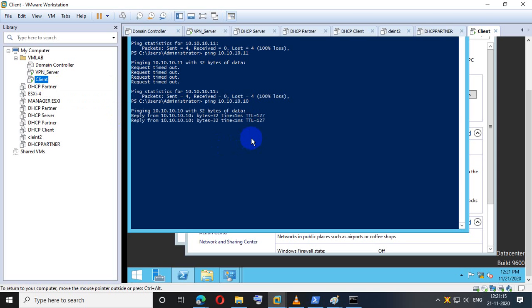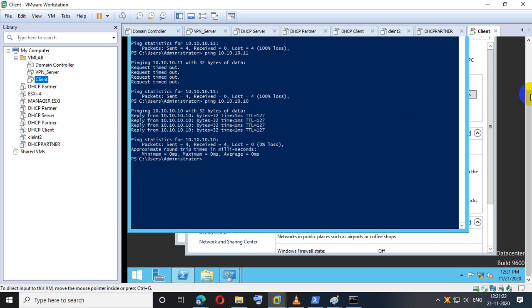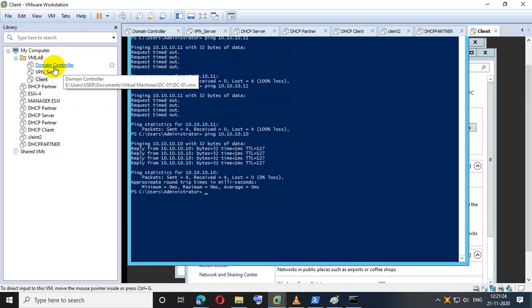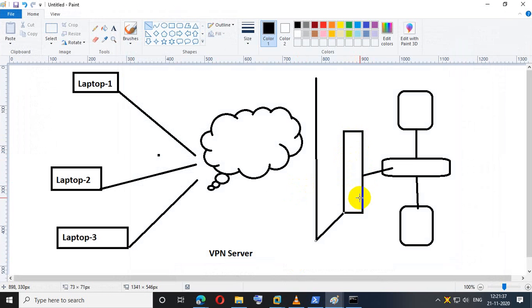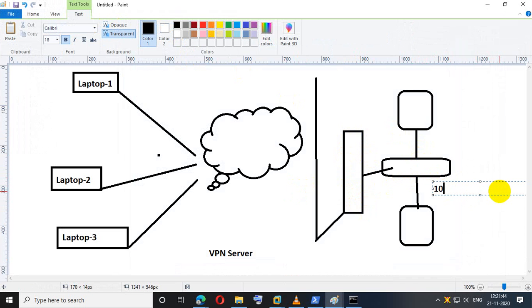See, here the domain controller IP is also pinging. Just understand the concept. This machine is not even in the same domain controller network, but from another site I have created that VPN on that particular server. That means, come to that picture, this is the domain controller, and this segment IP address is 10.10.10.10, right?